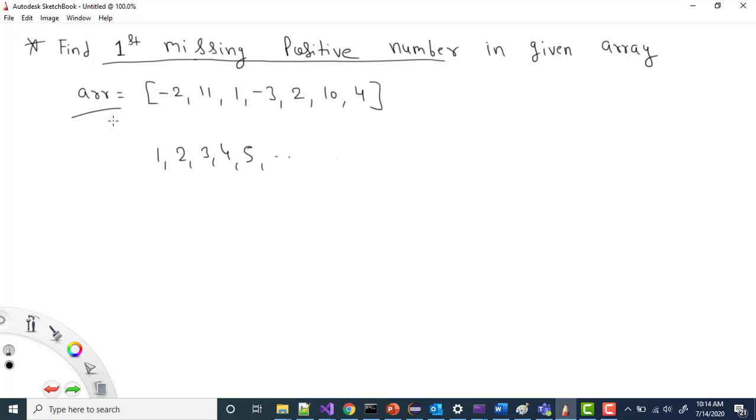So basically we are given an array here. We need to find the first missing positive number, right? Ideally, positive numbers should start from 1, like 1, 2, 3, 4, 5, then keep on going. Now we are not treating 0 as a positive number, we are saying that 0 is a neutral number, so your number should start from 1. Now if you see in this array we have 1, we have 2 as well, but we don't have 3. So if we don't have 3, it means this number will be the first missing positive number, so my answer should be this 3.